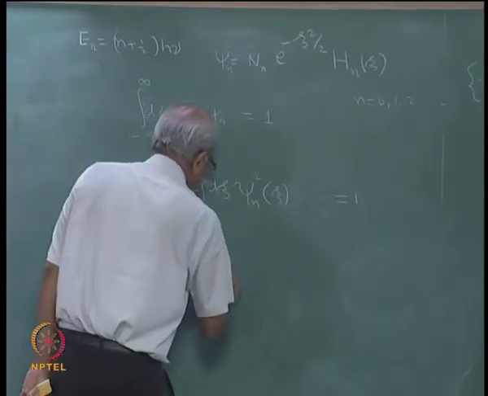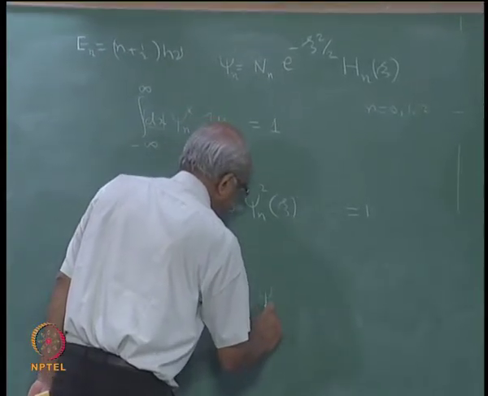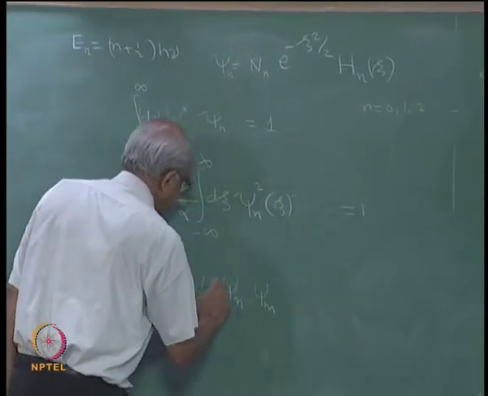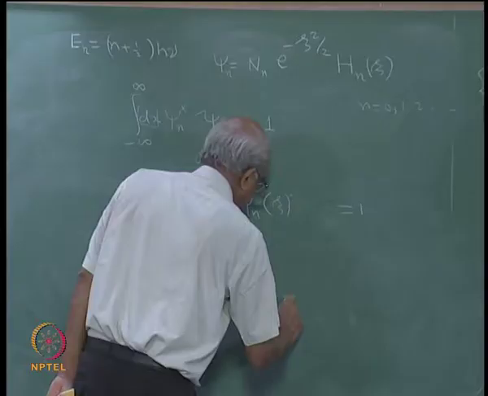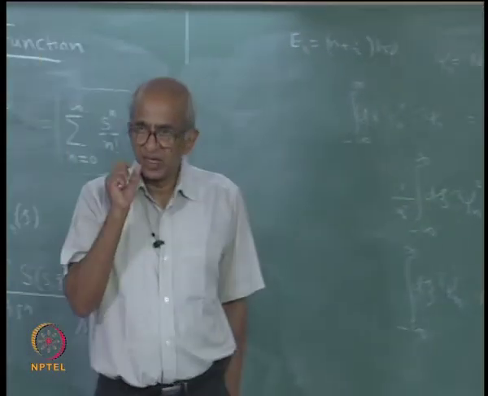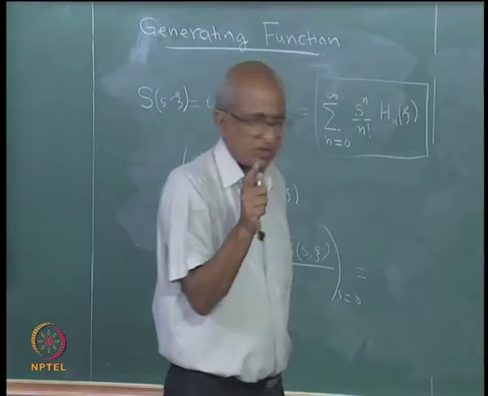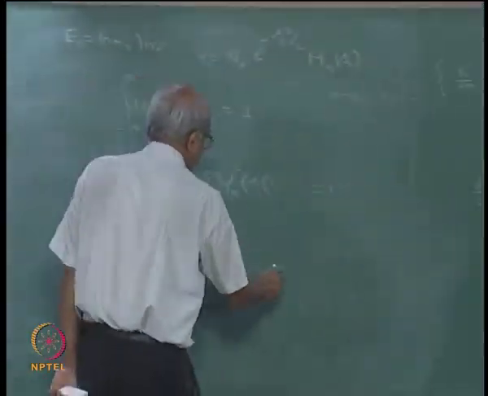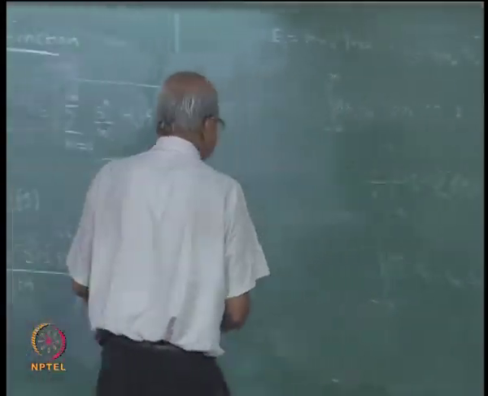But then suppose I had taken psi n and multiplied it by psi m and then dx integrated from minus infinity to plus infinity. What would you expect to happen? n and m are not the same. Remember, we discussed the same kind of thing in the case of particle in a box, and we would expect that the two functions are orthogonal, and therefore, this should be equal to 0. This is something that we would expect. We have no proof of that, but this is something that we suspect is valid.